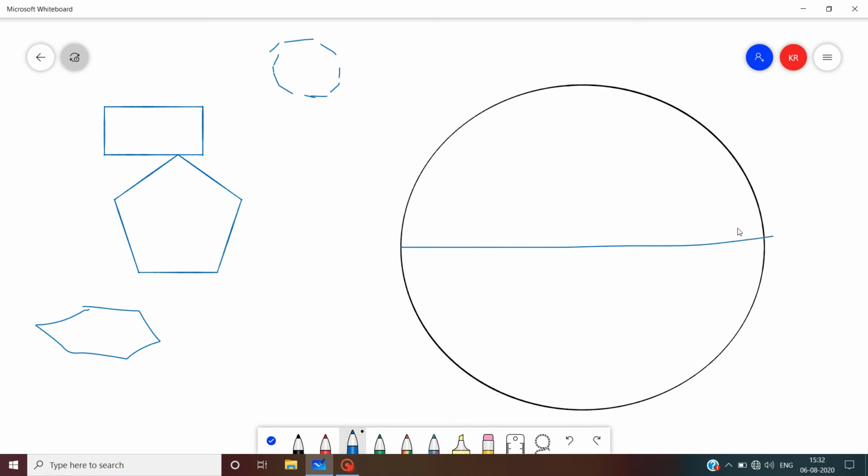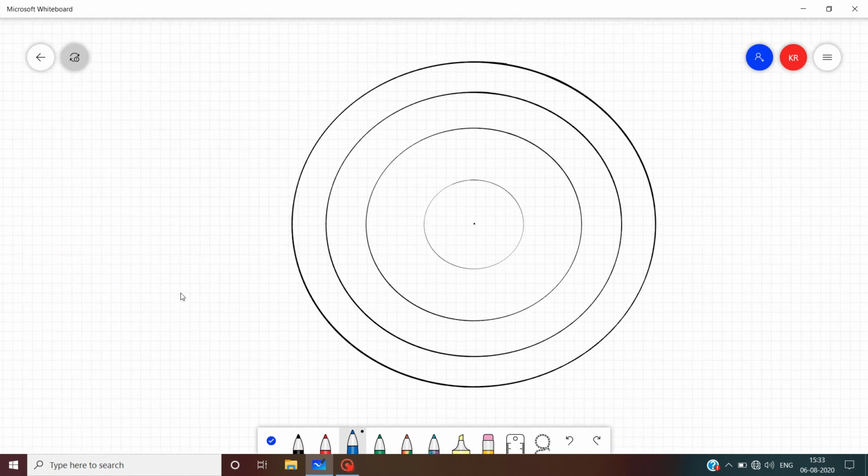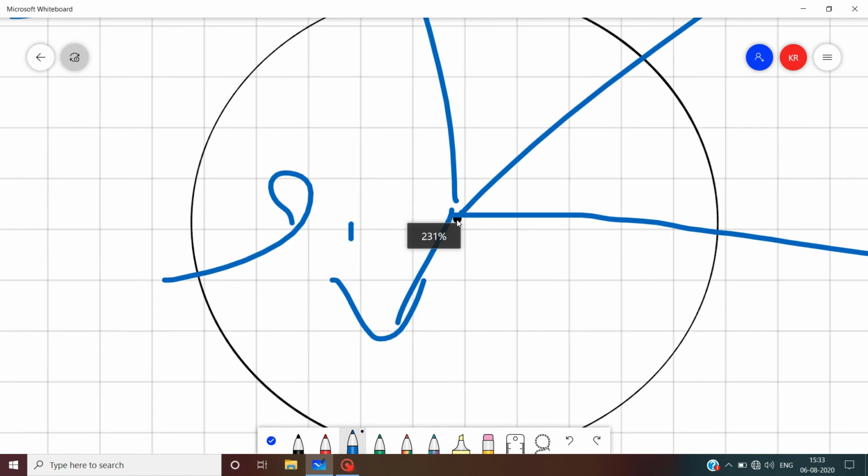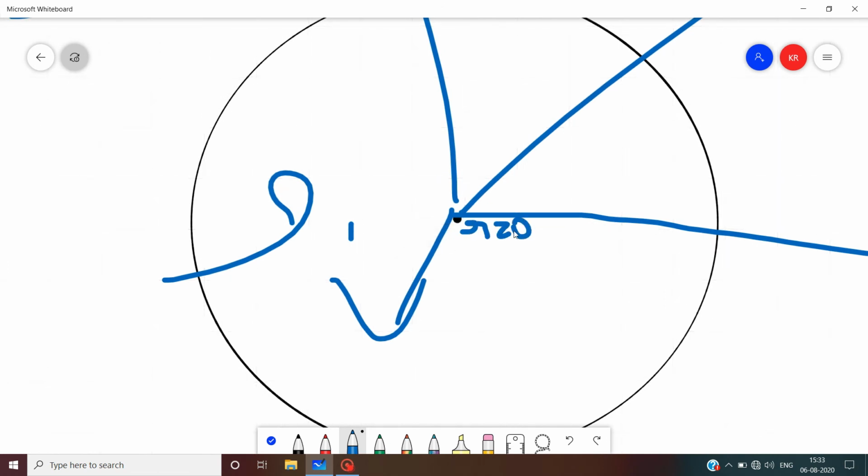So we can dimension the circle with diameter, it is d, or the distance from center to circle, it is radius, named r. So to deduce the area, I am taking similar concentric circles with radius r, r1, r2, r3, and so on. At the middle it will be a dot, that means radius will be 0.